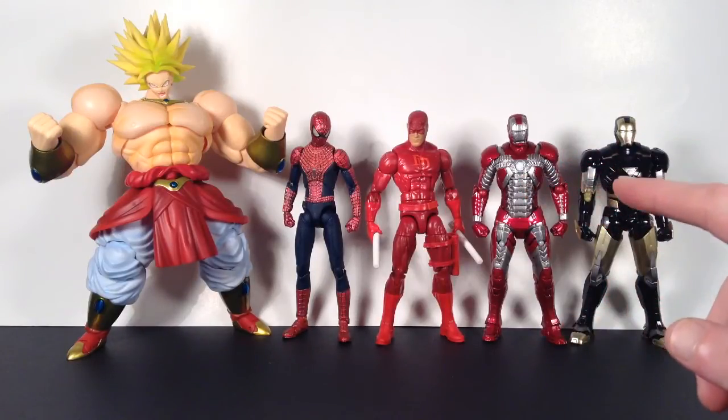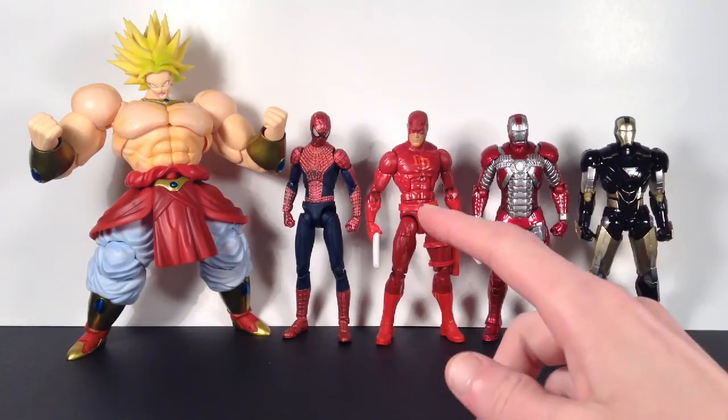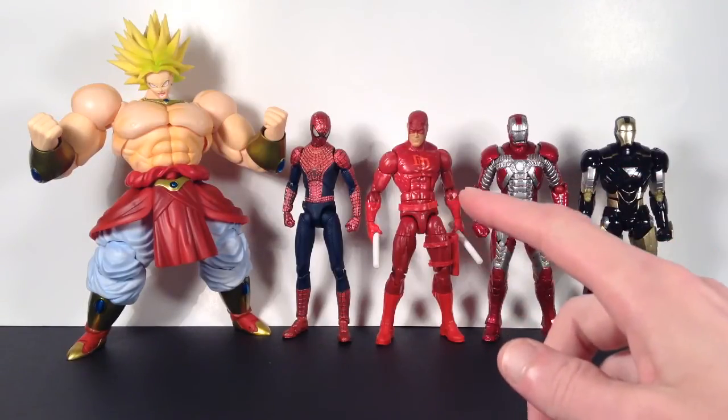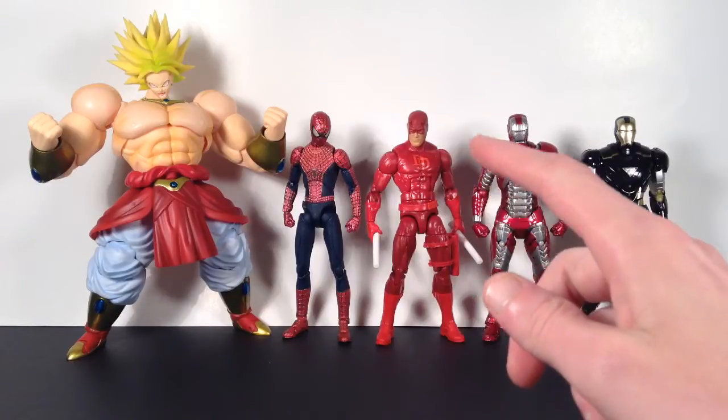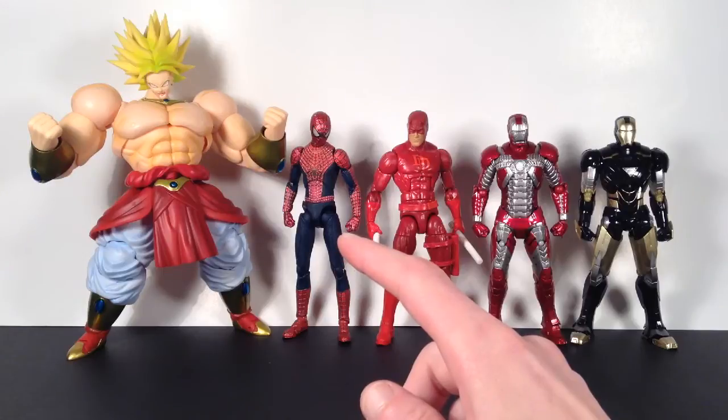But if you want to make like an Iron Man armor display, they'll both fit in perfect scale. Over here we have the Marvel Legends Daredevil figure. He's a little bit over 6 inches tall, as you can tell from the slight height difference. Over here we have the Mafex Amazing Spider-Man 2 Spider-Man figure, and he's a little bit over 6 inches tall